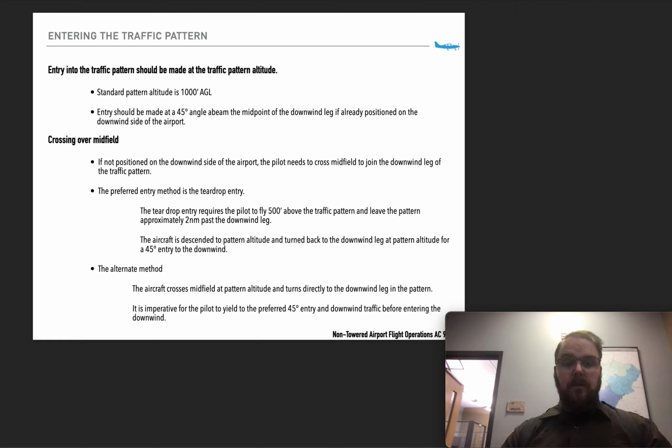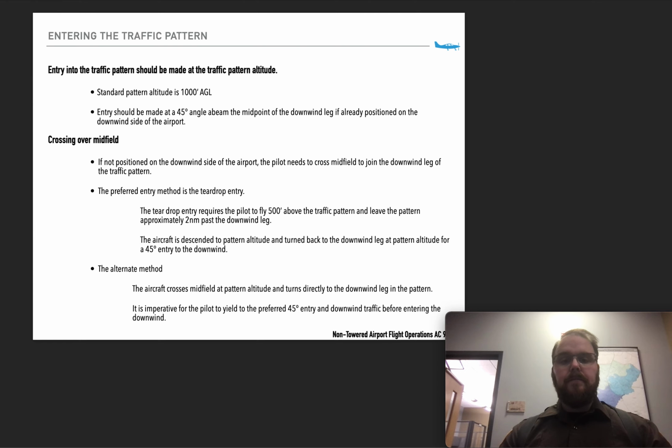The preferred entry is going to be the teardrop entry, where the pilot flies 500 feet above pattern altitude. And what they do is they fly outside of, or about 2 miles past the traffic pattern, and then they make a right turn, a 360 or really a 270 degree turn, and enter the traffic pattern at a 45 degree angle, just like they would if they were on the same side as the traffic pattern for the airfield. The alternate method is when the pilot crosses at traffic pattern altitude and turns directly left into the left pattern